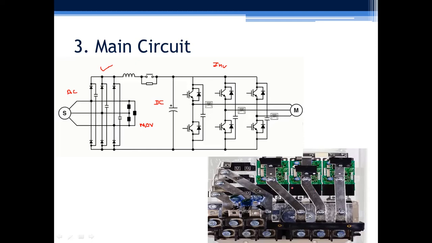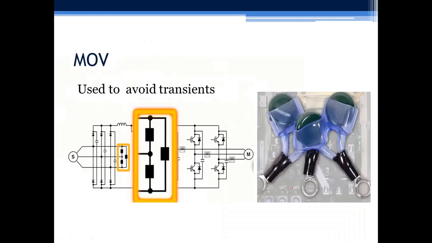So here you will see this power unit. Let us go in detail. The power unit has first part, that is called metal oxide varistor. As we know, when we take supply from AC side, this supply has various transients. If these transients appear inside the power devices, they may damage the devices due to over voltage or over current issues. In order to absorb all these transients, we have connected MOVs. These are the MOVs which are connected here. MOVs look like this. They absorb these transients and they keep the other circuitry safe.